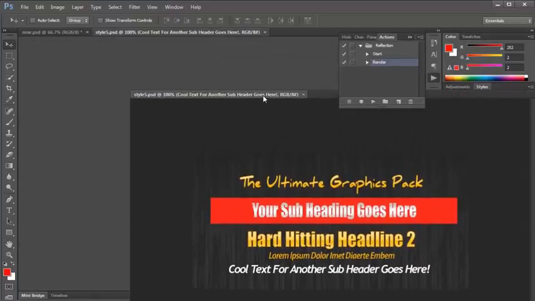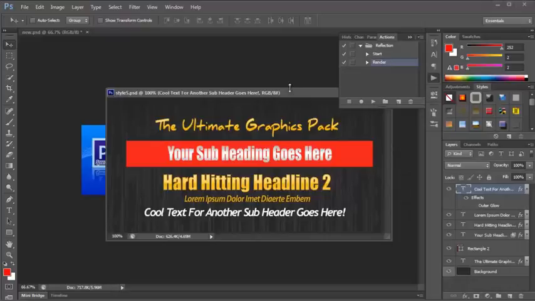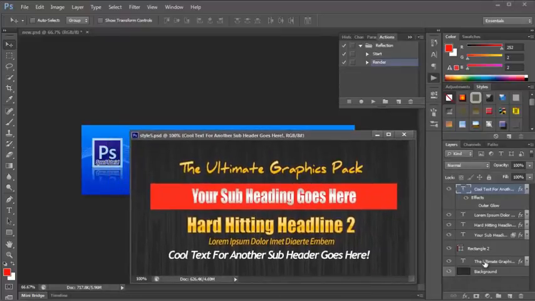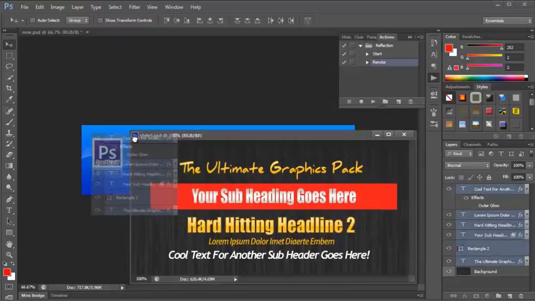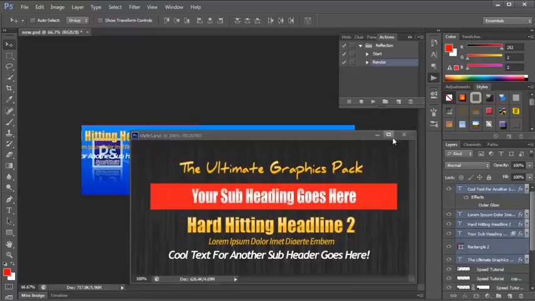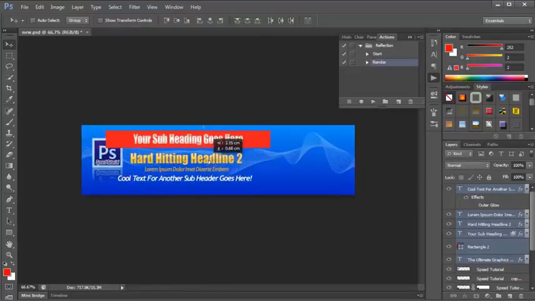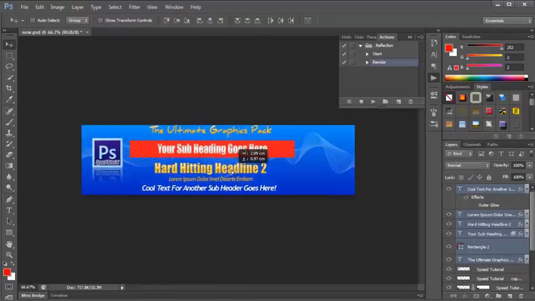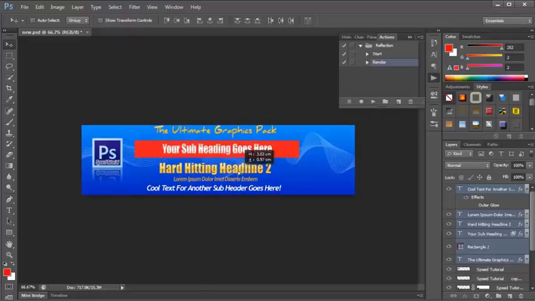And again, let's move it down here so I can see what I'm doing. All I need to do is grab the layers that I want, which is pretty much all of them, except the background. I'm going to drag those over here onto my main image. Let's get rid of that and move this to where I want. Let's center it up, make sure I've got it fitting just right, and move it around a little bit more,